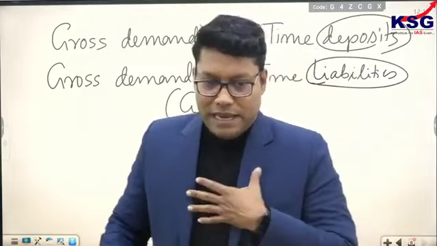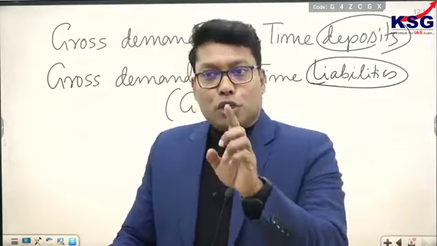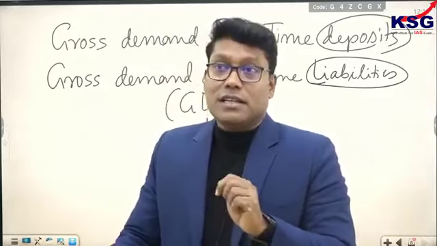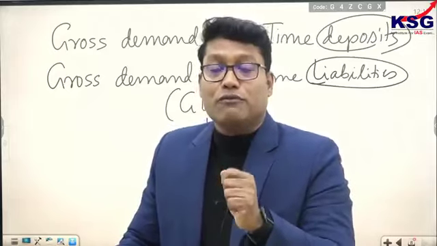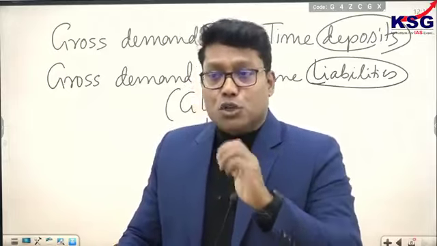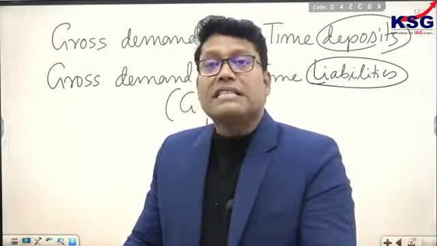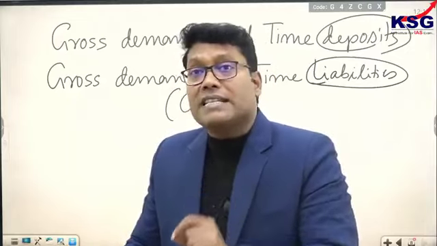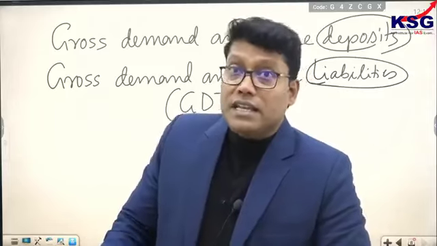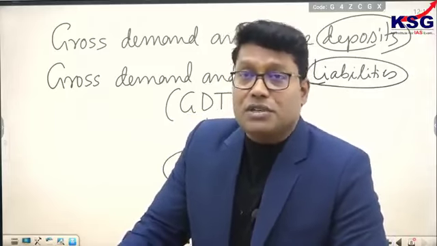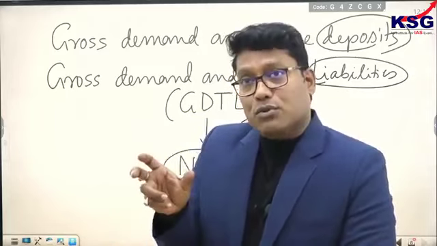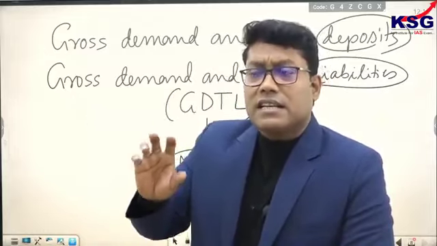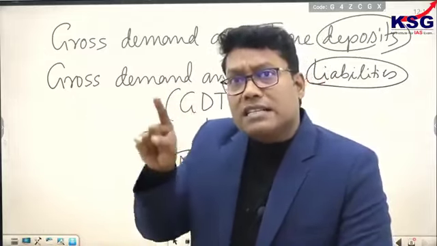Because suppose I am a bank and I give you a loan. The loan given by banks is an asset for banks, because from the day I gave you the loan, I started claiming it. Once it is your claim, for you it is an asset. And suppose banks are not receiving any principal amount or any interest amount from that loan for the next 90 days, as per the bank's rules, then this loan amount is considered as